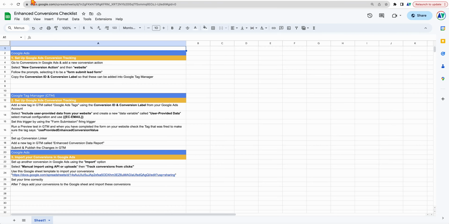Now, the power of this is that the more and more of this conversion data that we're feeding back into Google Ads, it's giving a stronger indication of not only who fills out the form, but who converts, especially when we're using campaigns like a Performance Max campaign or bidding strategies around maximize conversion value. Google will be able to better target the users which are more likely to not only fill out a form,